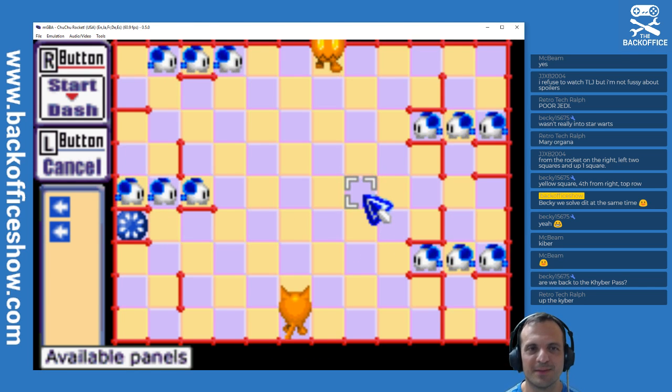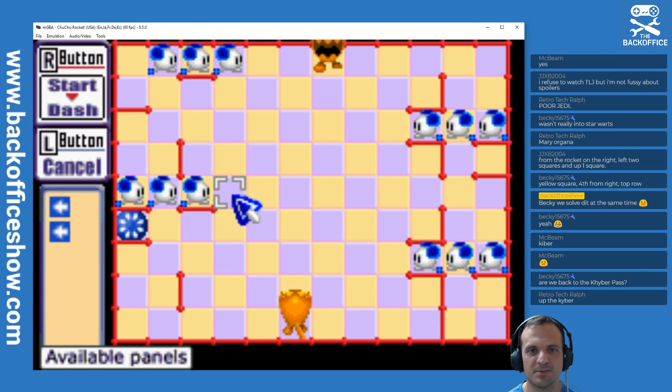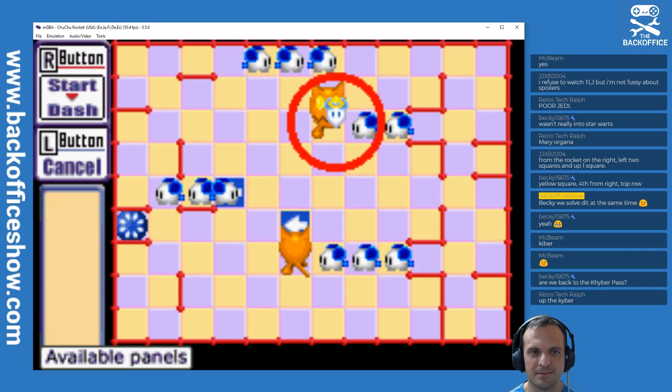Now, Becky, the Buckminster fullerene particle needs to be engaged here, because this is the sort of bit of the puzzle where my brain can't work. So I'm going to put this left one there, and I'm going to make this cat thing go left on the idea that maybe...